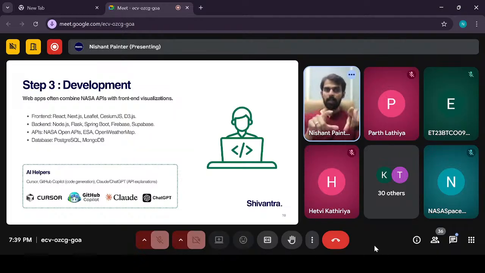And when you are designing your team, each of the members should take on one of these responsibilities. Now, you would say that, okay, database does not require a dedicated person, but it does because, when there is a large number of data sets given to you by NASA, it needs to be sanitized, it needs to be transformed, and it needs to be converted into your data objects, which are the tables or the JSON objects in the database.